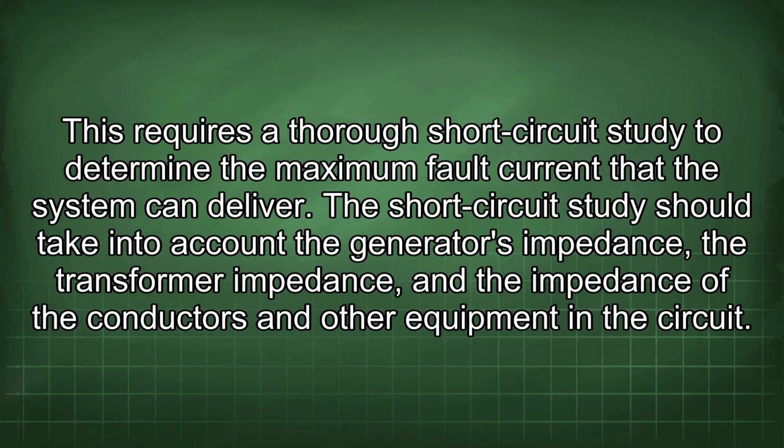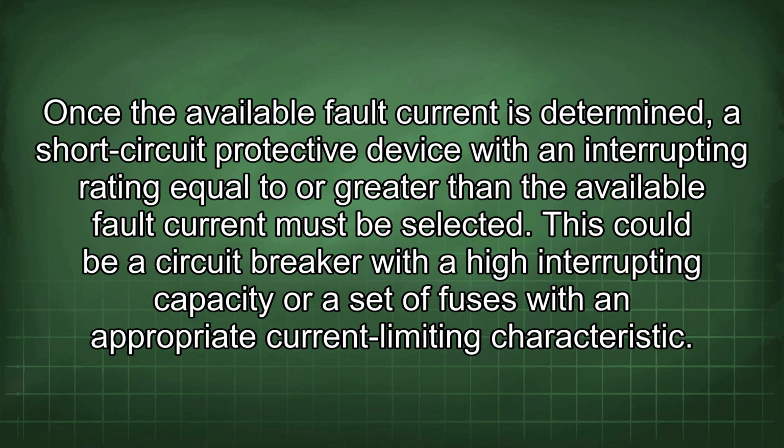The short-circuit study should take into account the generator's impedance, the transformer impedance, and the impedance of the conductors and other equipment in the circuit. Once the available fault current is determined, a short-circuit protective device with an interrupting rating equal to or greater than the available fault current must be selected. This could be a circuit breaker with a high interrupting capacity or a set of fuses with an appropriate current